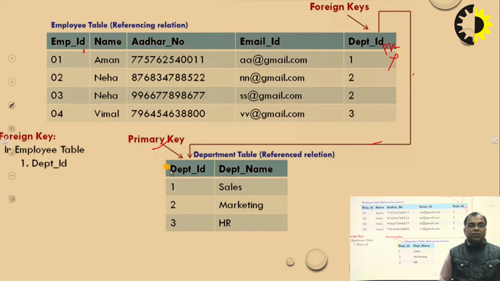So to understand a foreign key, we have two tables. One is the referencing table which holds the foreign key, another is the referenced relation. The foreign key of one table is the primary key of the other table. So the foreign key in this table is not uniquely defined. So this is the scenario of a foreign key. What is a foreign key? Clear? So a foreign key, in short, we can say